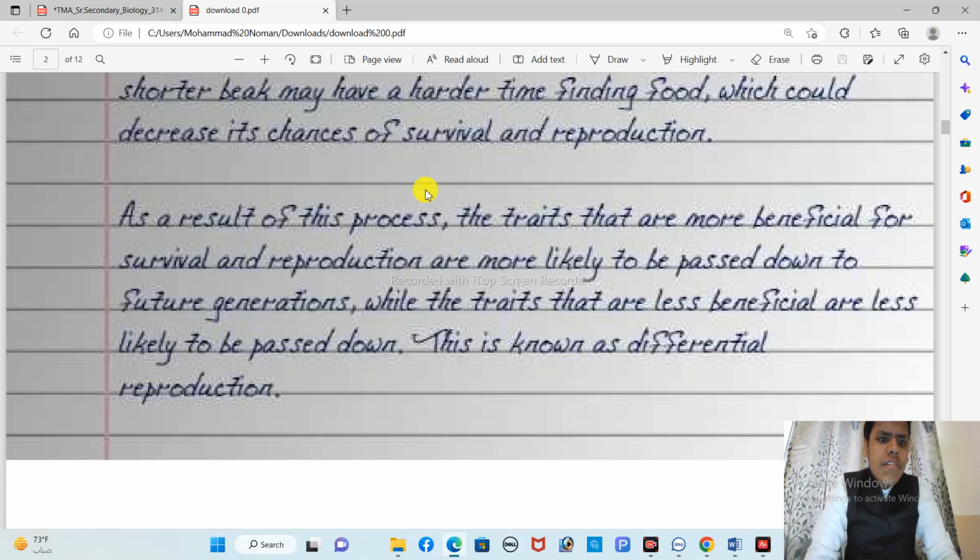As a result of this process, the traits that are more beneficial for survival and reproduction are more likely to be passed down to future generations, while the traits that are less beneficial are less likely to be passed down. This is known as differential